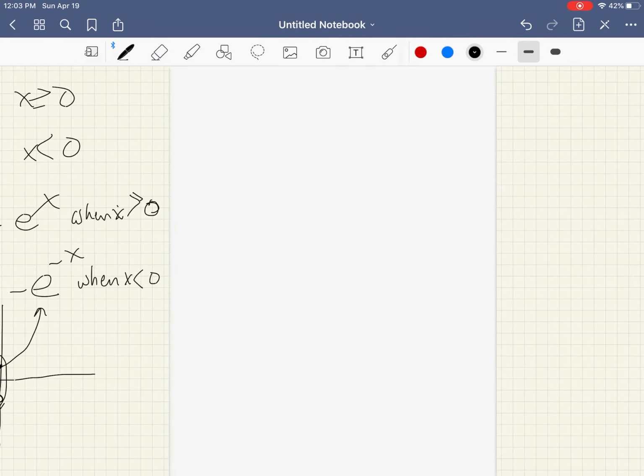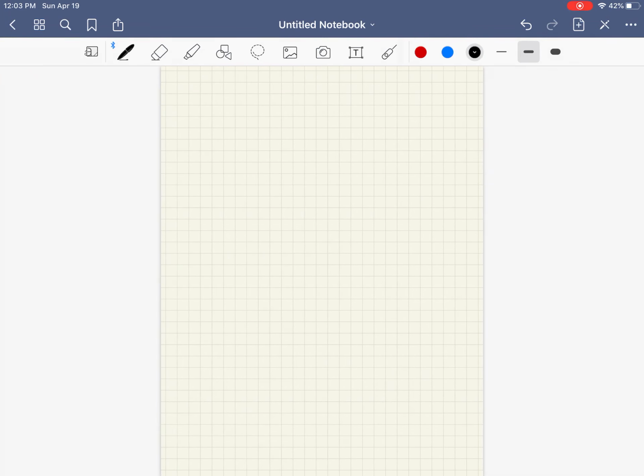All right, let's go on to one that's a little bit easier than this one. It says, let f of x equal cosine of the absolute value of 2x. Find the derivative of f of x. So let's think about this, guys. Is cosine an even or an odd function? If you plug in a negative x right here,